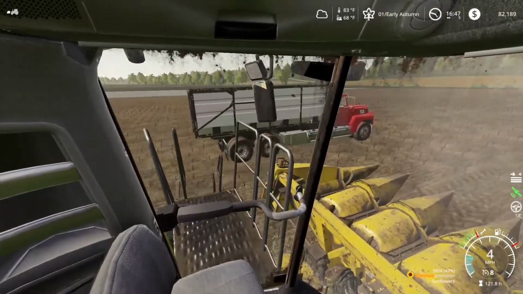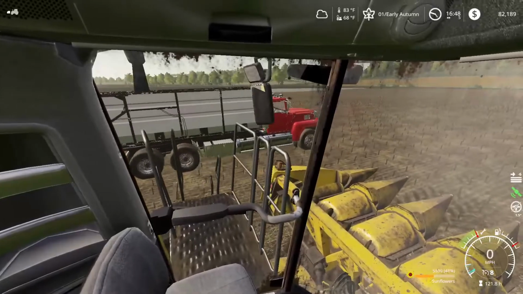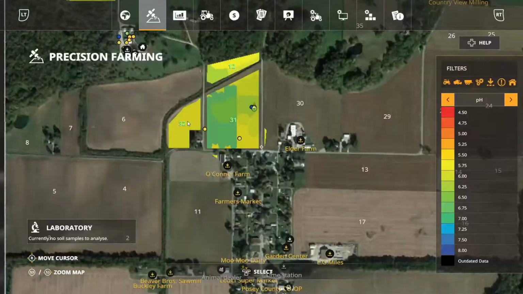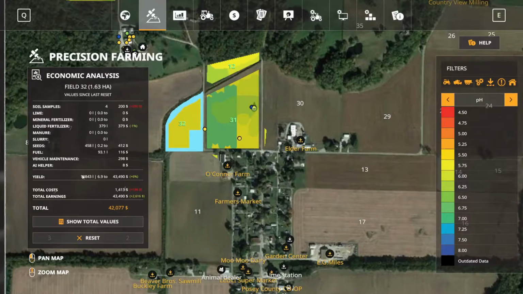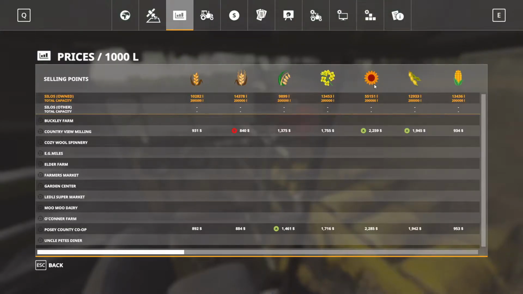Let's see here. Let's get this unloaded. So we take a look here also. So far, sunflowers, we got 61,000 liters out of this field, and this little one, 20,000 liters. So not a whole lot, 80,000 liters. If we look at the price right now,